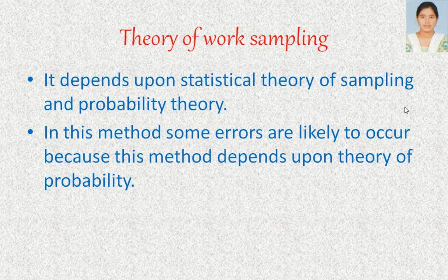So, in this method, we are just taking samples which are taken at random, not continuous observations or continuous recording. When we take them at random, the observations will be chance events. So it may be a success or failure, it is a chance event, and hence it depends on the theory of probability, and there is a chance of getting errors in this method. To avoid these errors, we have to increase the number of observations so that we can minimize the errors and increase the accuracy of the process or job.